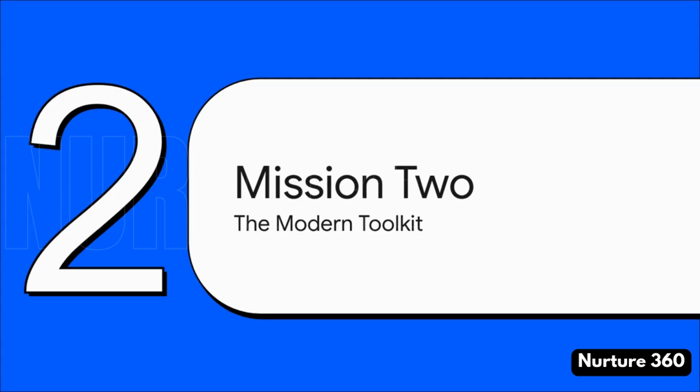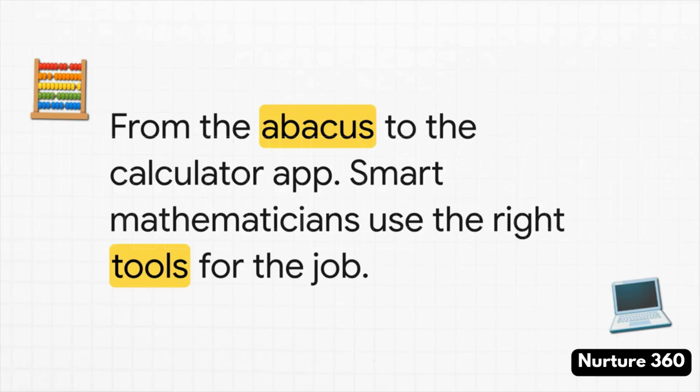All right, on to Femi's second mission. He's totally nailed the building blocks, the 1s and 0s. Now it's time to see how that basic language actually powers the tools we're using every single day. You know, hundreds of years ago, people used an abacus to do math. Today, we've got a calculator app on our phones. But here's the cool part. Understanding binary shows you that these apps aren't magic. They're just doing that same simple on-off math we just walked through, but they're doing it millions or even billions